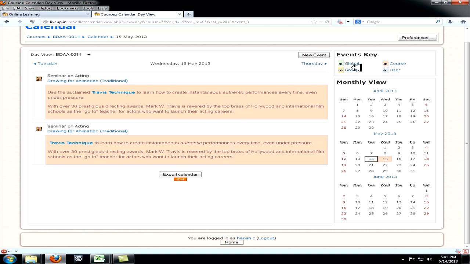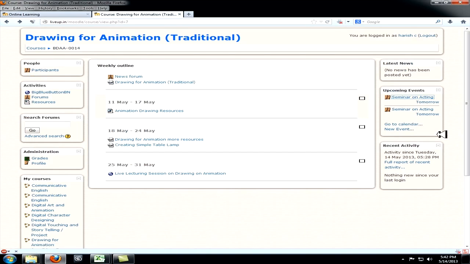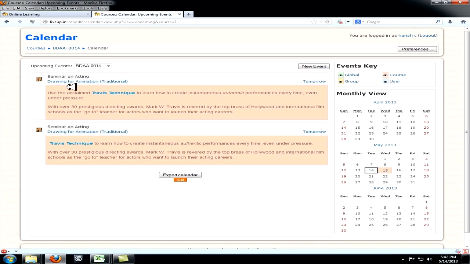These events can pertain to global events, that is, events pertaining to every student and faculty, or they can be course events or particular group events. There can be a group of people, or it can be for particular users also. And also here you will find the calendar. We can hover over it and find various other events also. Now you can also access the calendar below the upcoming events, and you can hit Go to Calendar and see the details of various events.